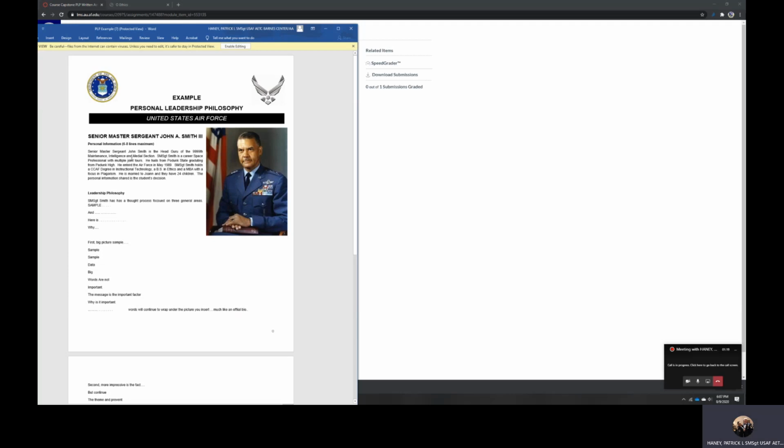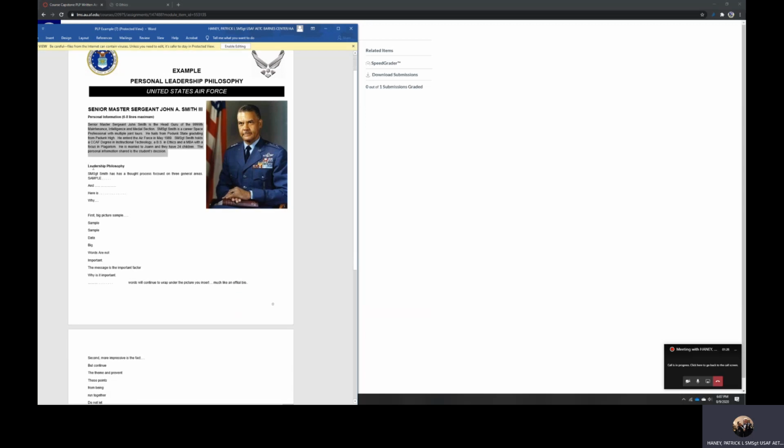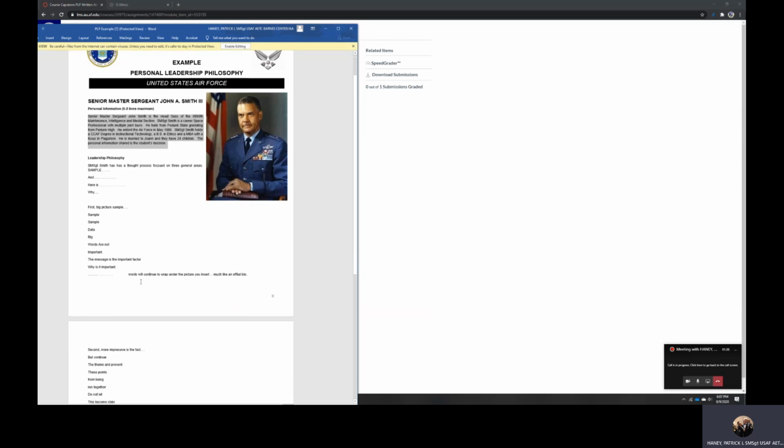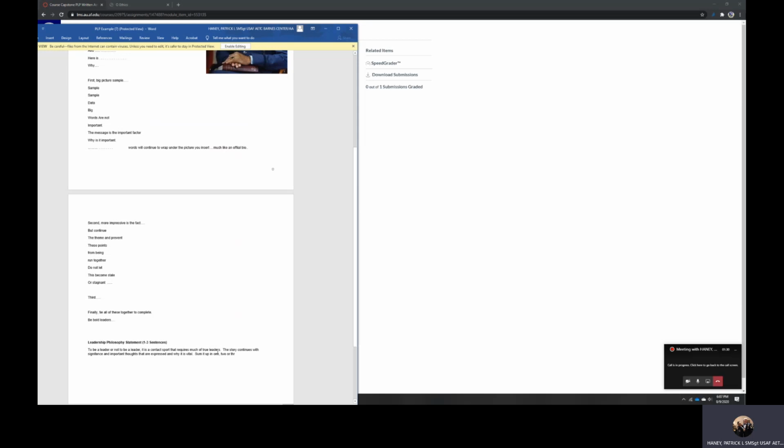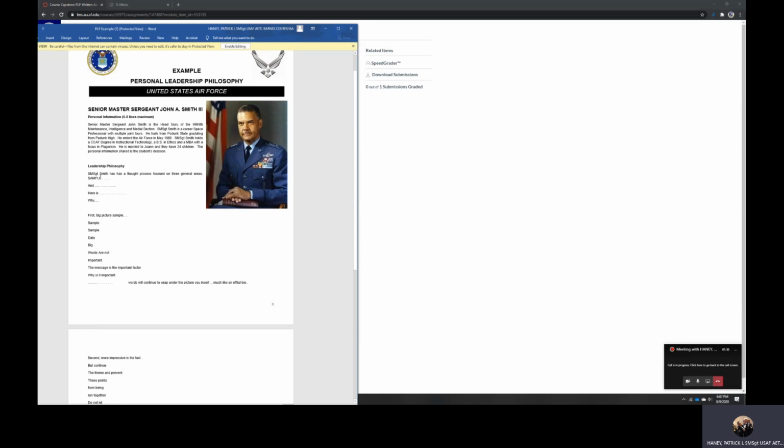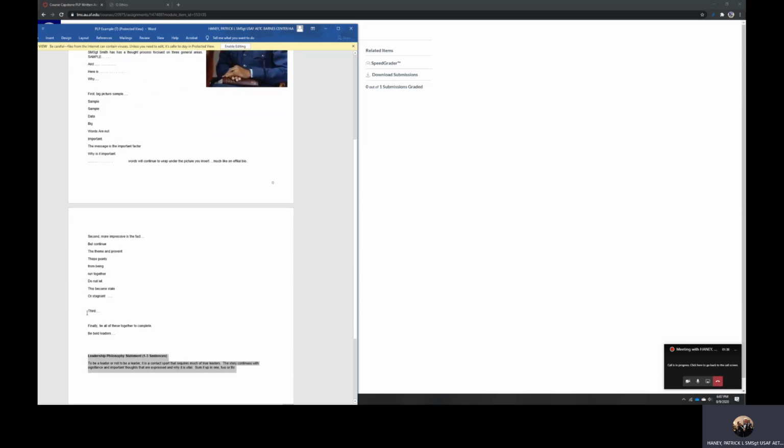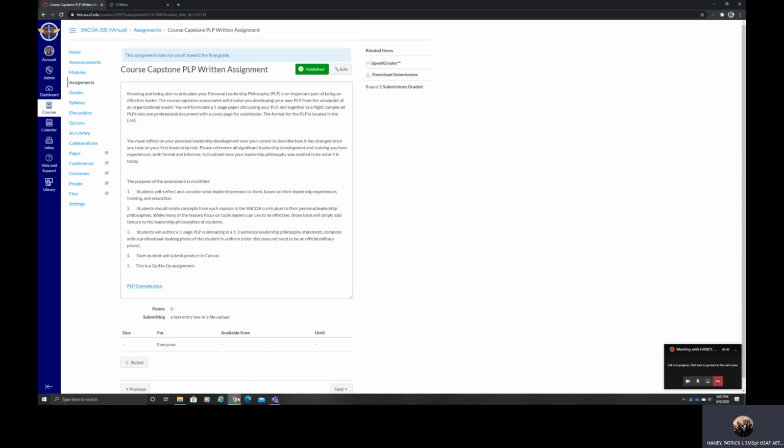Here's their photo. Starts off with 6 to 8 lines maximum, which is just their quick bio. They're going to write out what their leadership philosophy is, and it's going to culminate in those 1 to 3 sentences, which is their leadership philosophy statement, just like you would do if you were talking about your mission and then you had a mission statement. Okay, let's go back over to